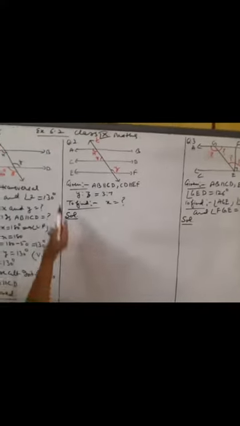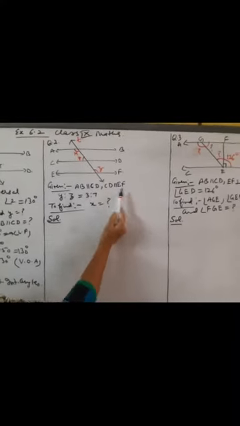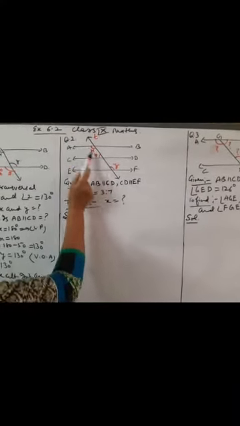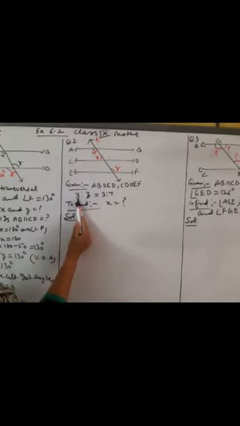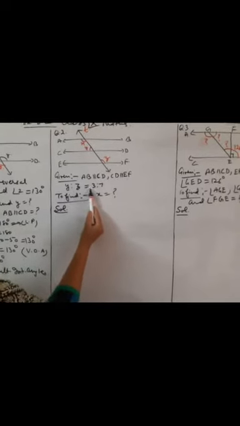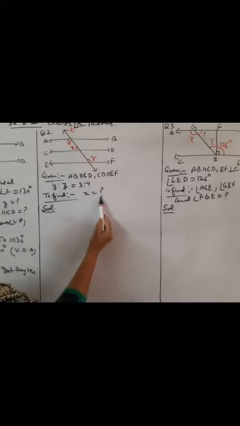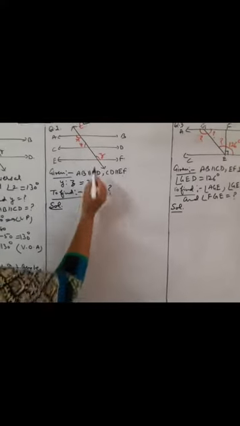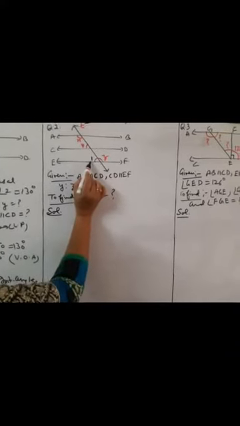It is very easy. Now, in question number 2, it is given that AB is parallel to CD and CD is parallel to EF. And there is a transversal T which is cutting all these three lines. And Y ratio Z is given 3:7. We have to find out value of X. So I will mark this angle 1.